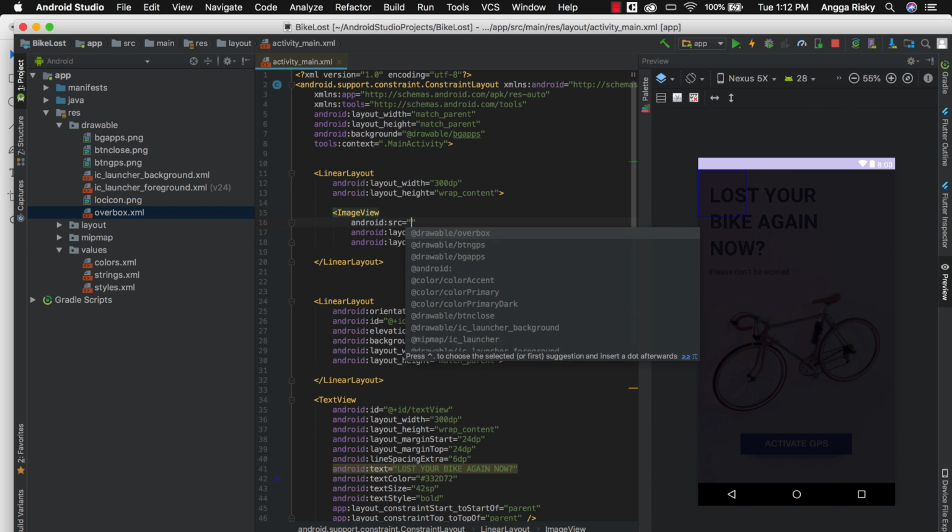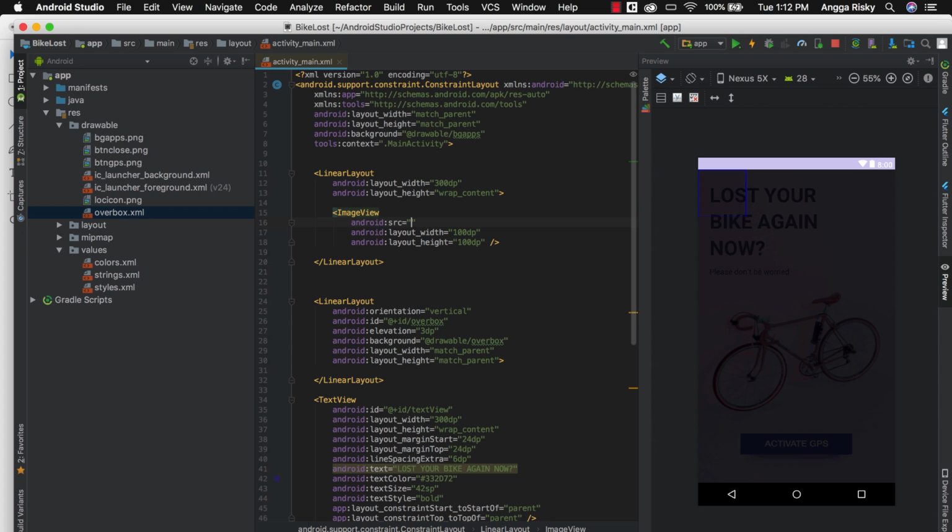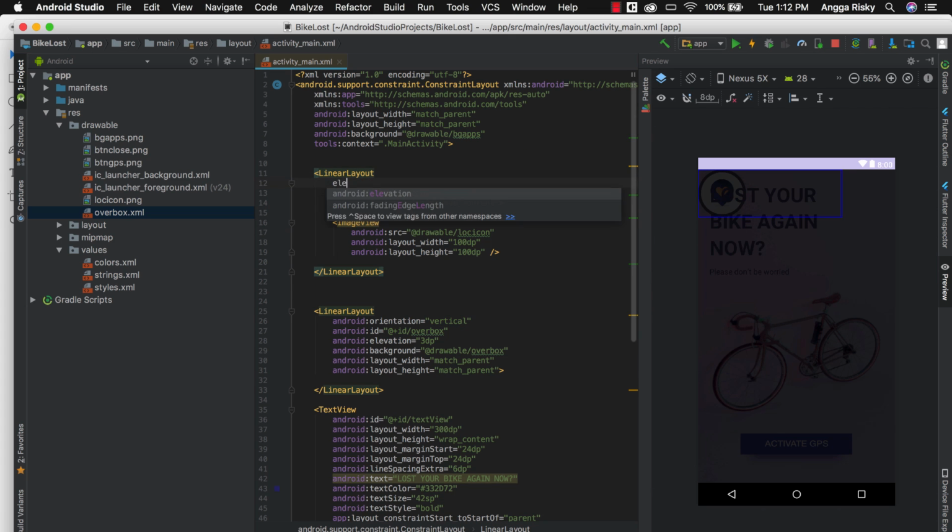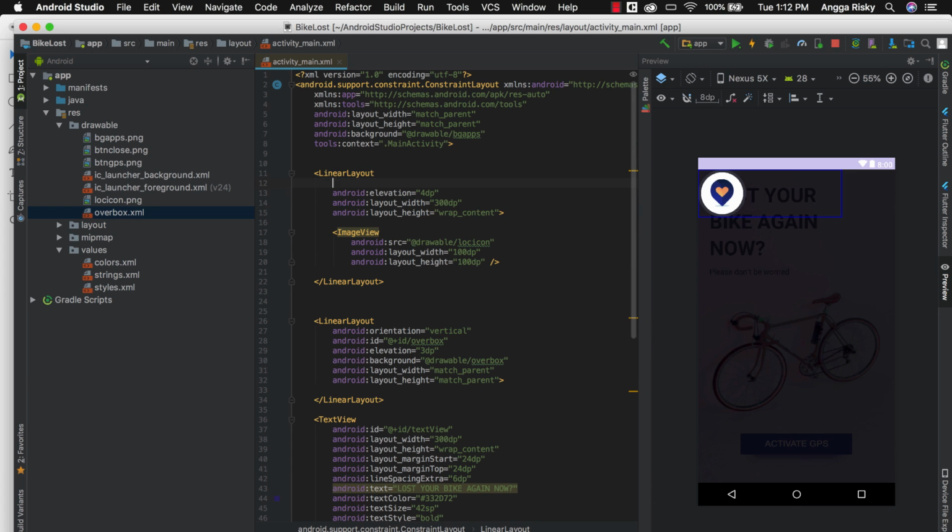And then the source is, sorry, what was the icon? GPS, sorry, location. Okay, and you have to set the elevation to 4 dp. Okay, and give the ID my content.